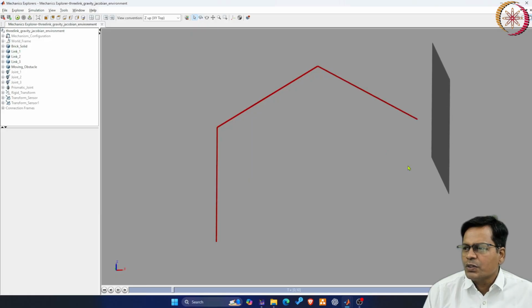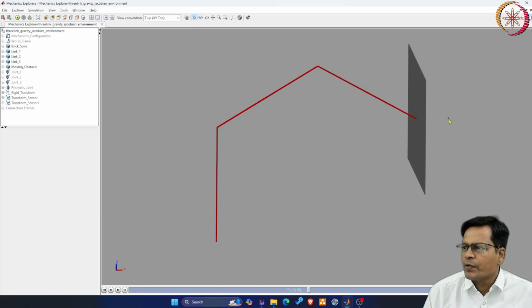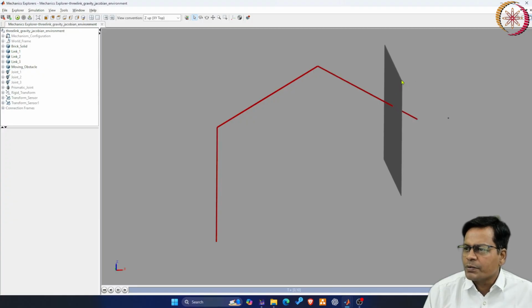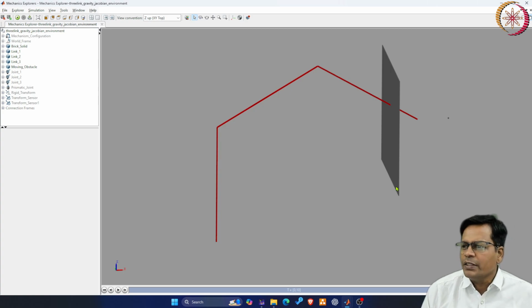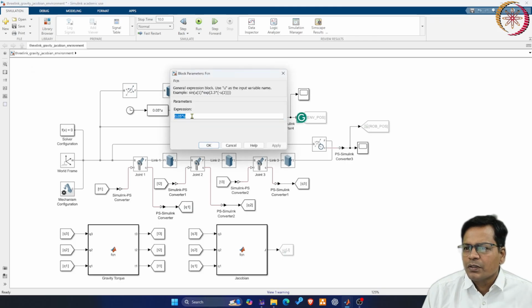You see it is moving. This is my stationary frame which is here, about which this obstacle is moving towards the robot at a velocity of 0.05 meter per second. Over here, displacement is equal to velocity into time, that is what I have taken.